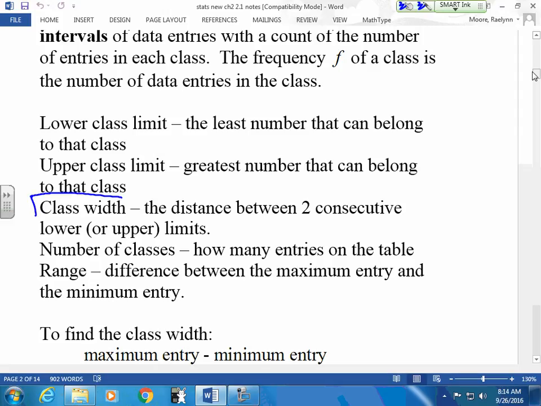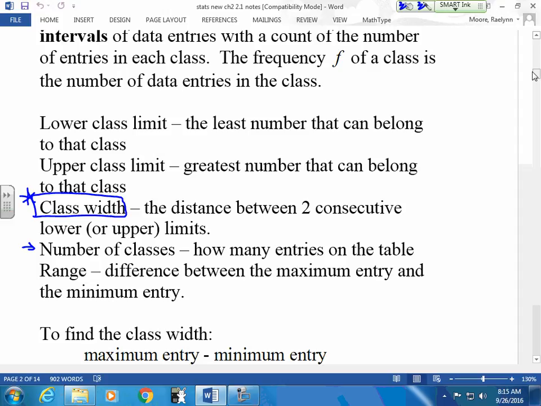A lower class limit, an upper class limit, and a class width. This is going to be really, really important. A class width. A number of classes, how many entries in your table? I'm always going to tell you that. In the business world, no one's going to tell you that. You're going to figure that out for yourself, and you use a general rule of thumb. Do I want to see a graph with like 25 bars on it? No. Do I want to see a graph with 3 bars on it? No. So generally somewhere between 5 and 15 bars, depending on what it is you're measuring and how close your